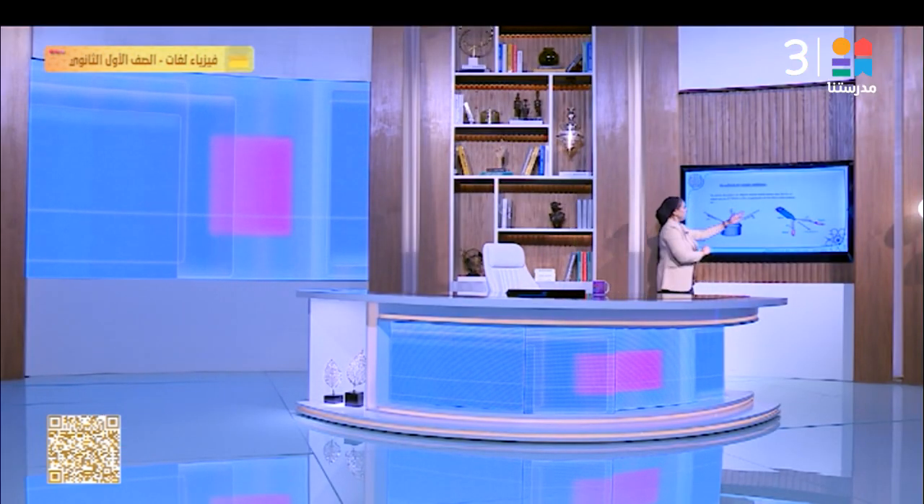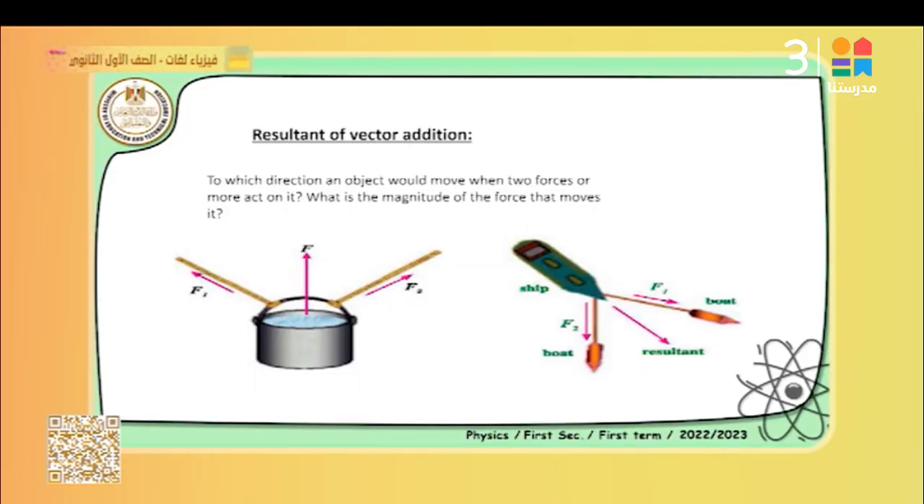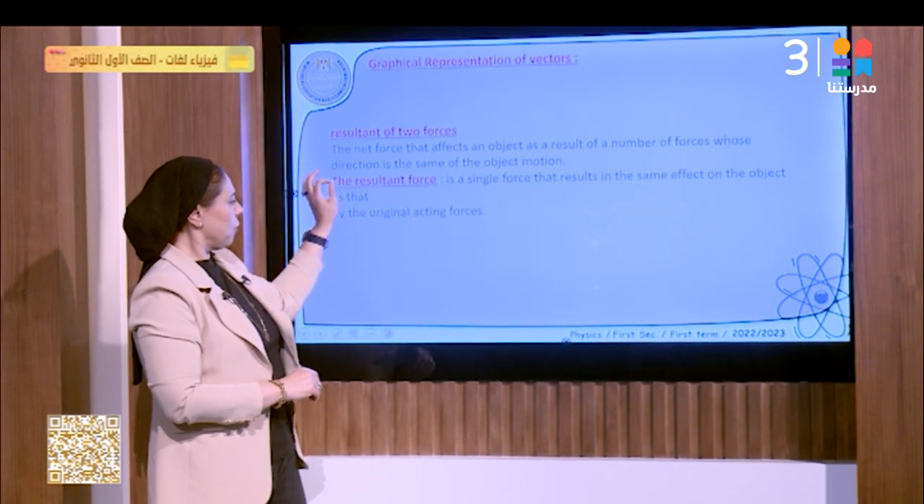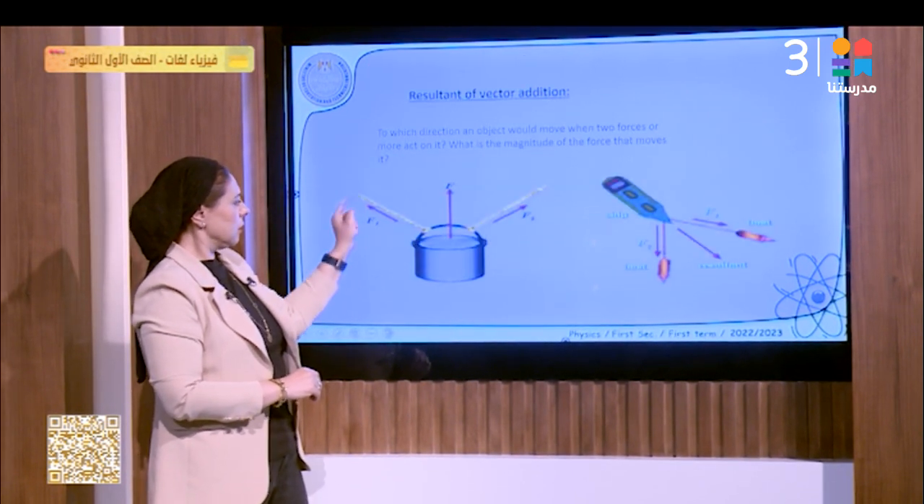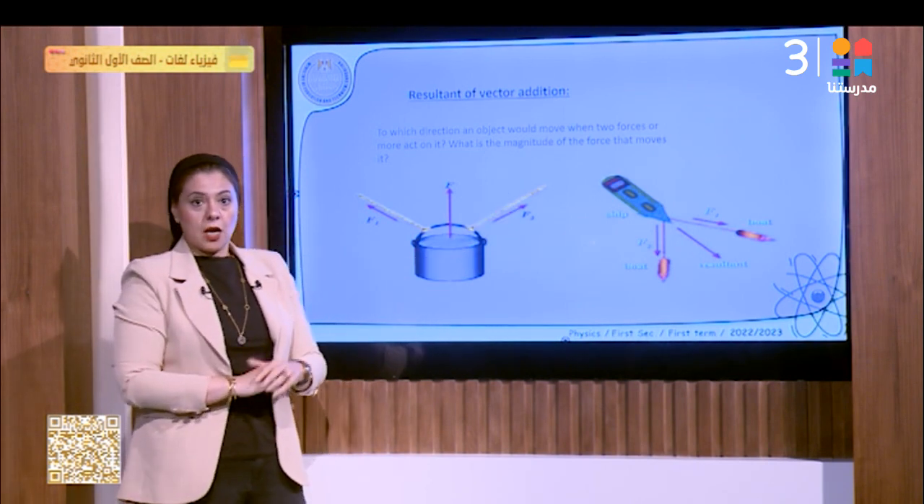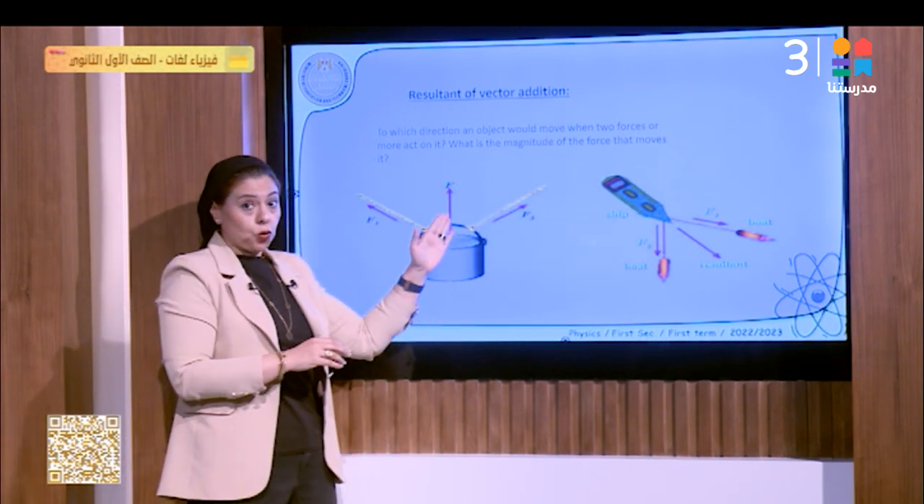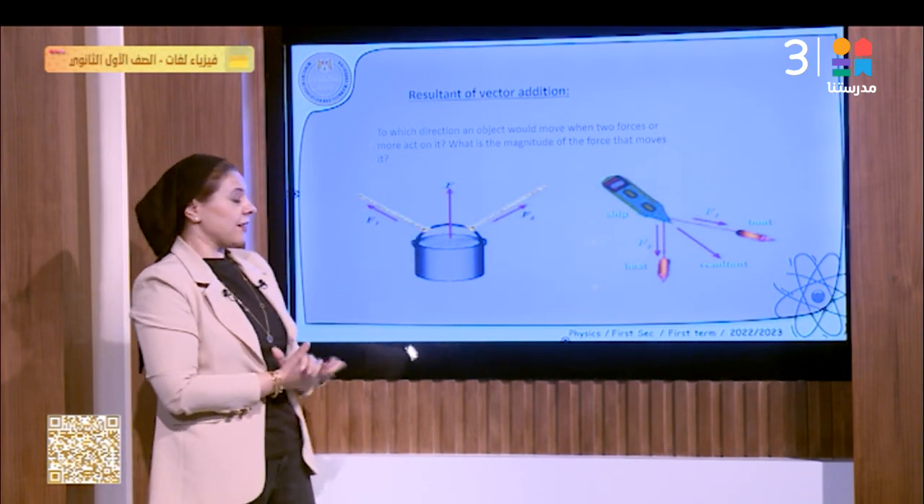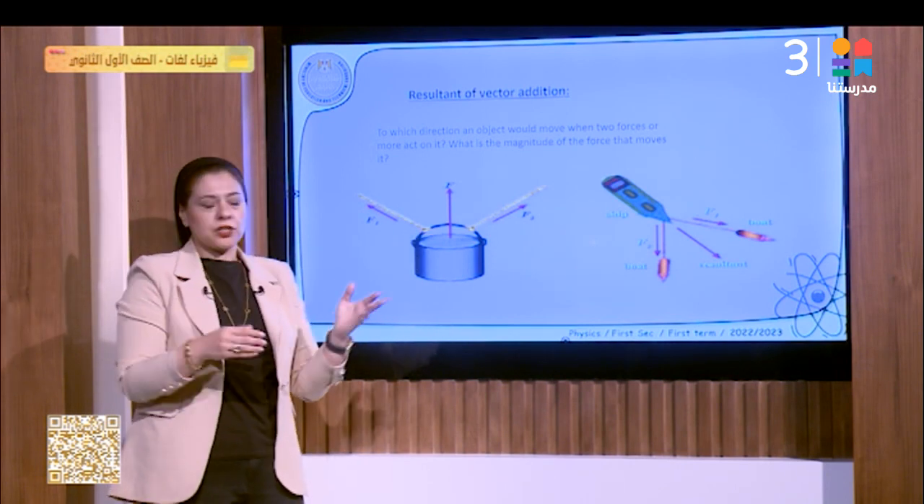If you have the two figures that we have over here, we have this box or a container, and we have two ropes. One rope gives a pull from one direction, and the other one we have a tension force from the other direction. If we apply the two forces as shown on this bucket, in which direction will this bucket